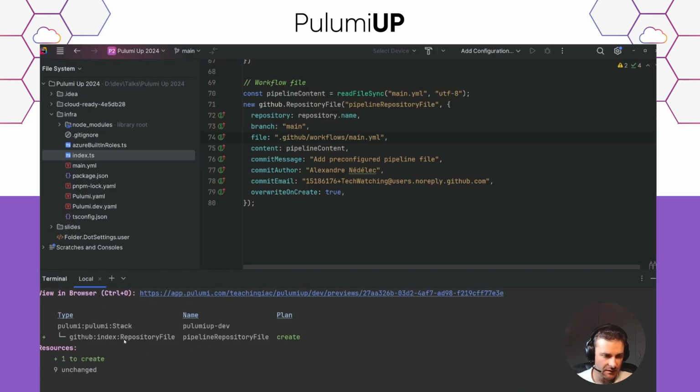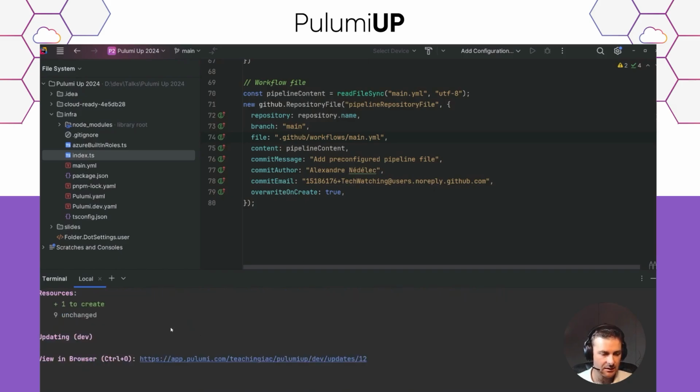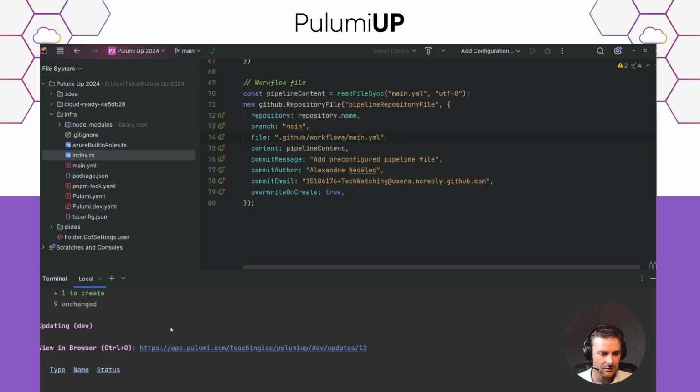So the preview showed me that the repository file was not created yet. And it's now updating it.